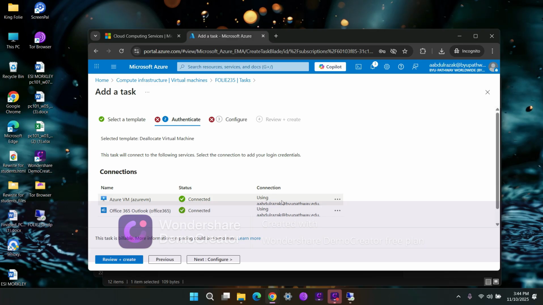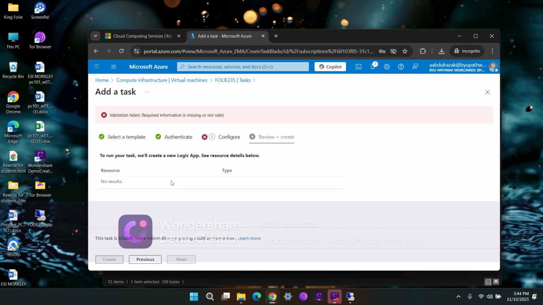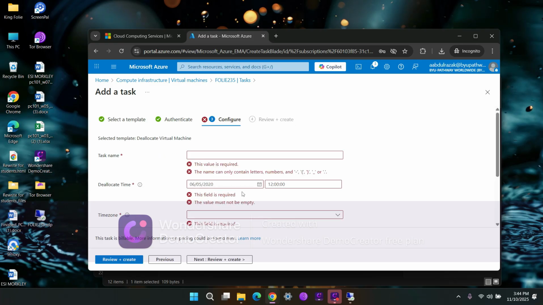So you can add your authentications here, and then you have to authenticate the Azure VM, and also authenticate this one, the Office 365, so it can keep it like a calendar that is stored in your virtual machine. So then we go to configure. So during the configure, you pick a task name for it. So we'll call it